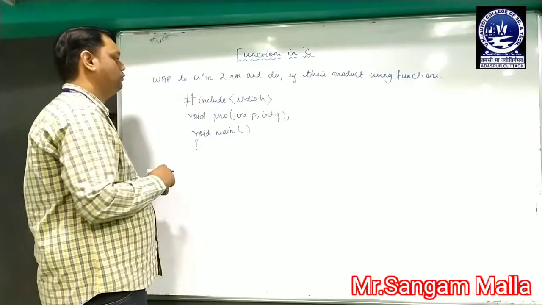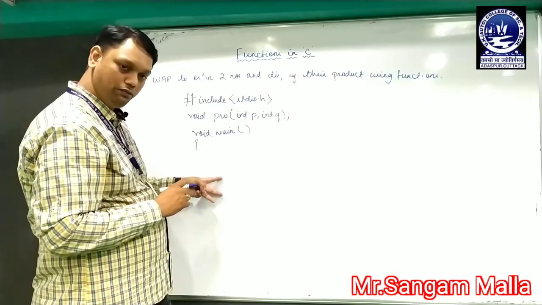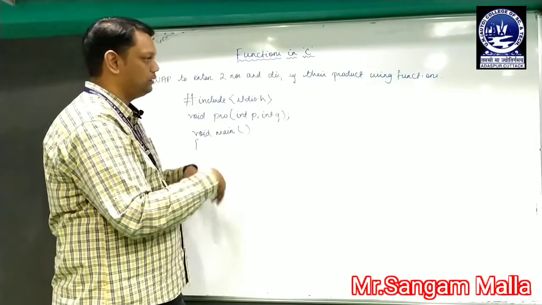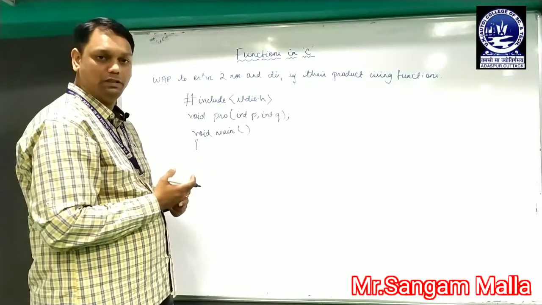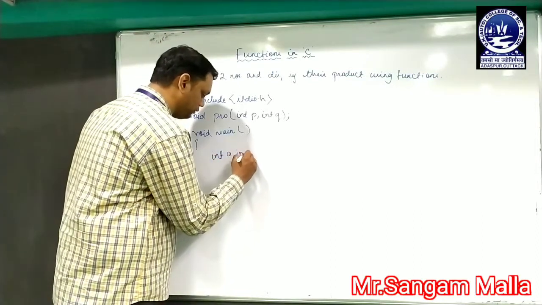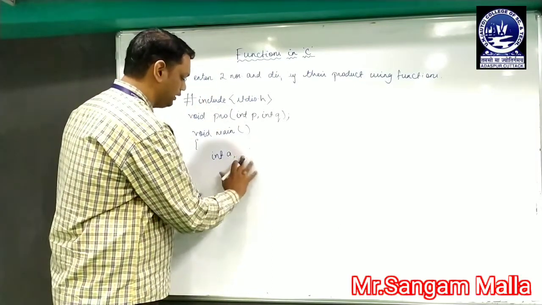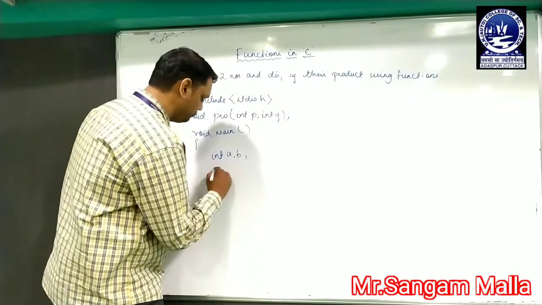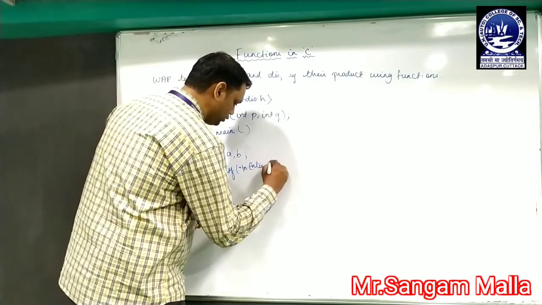So the program is written over here: write a program to enter two numbers. So we will enter the two numbers in the main function and we will pass these two values to the sum function, or the product function. The product function will calculate the product of the two numbers and it will display the result. So we have to take two numbers, let's say int a, b, whatever you can write. Let's say I have written int a, b. So I have to enter two numbers. So let's say I will give a message: printf enter two numbers.